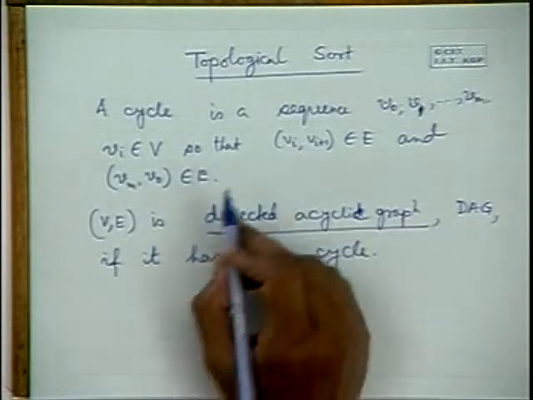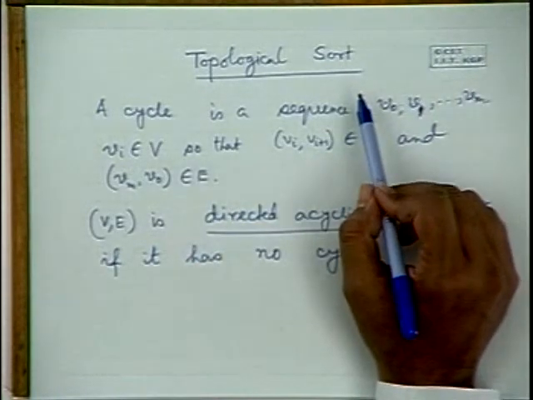Now this topological sort, which I have not defined yet, can be done only on DAGs. If there is a cycle, we cannot do a topological sorting of the graph. Now let me tell you what we mean by a topological sort. So topological sort for a DAG